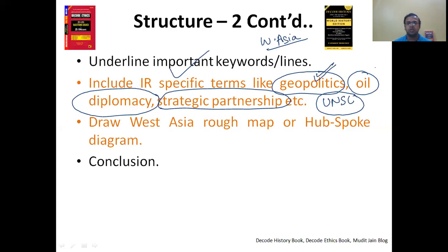So keywords can be made not only from static but also from current affairs. Like checkbook diplomacy was a term associated with China's presence in Africa. That now Africa is in a debt trap because of Chinese. So you can use that keyword checkbook diplomacy in your answers. So that way, as and when you read current affairs, look for such keywords and just keep adding it to your list. Draw a rough map of West Asia, as I told you in the previous question, or if the